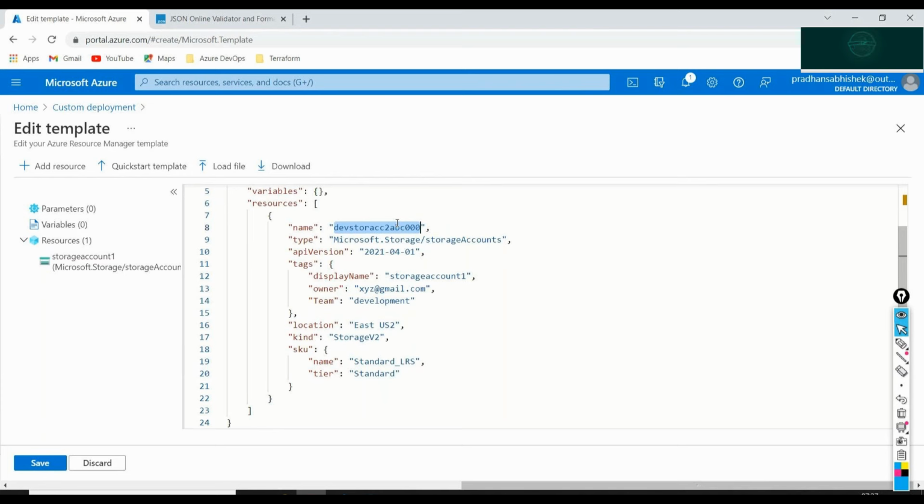He says, okay, fine, I'll edit this name, edit the location, something like West US 2, not East US 2, and edit this one to GRS. Then deploy it. This is easy,